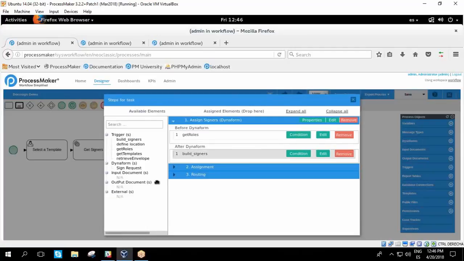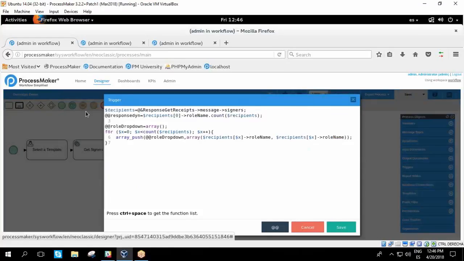So the other thing I want to show you is this get roles trigger here. So I've got edit, and so here we're getting the recipients from this get response get recipients variable, which is the value that we got from the get recipient template recipients connector. So here it's just getting the signers from this variable,